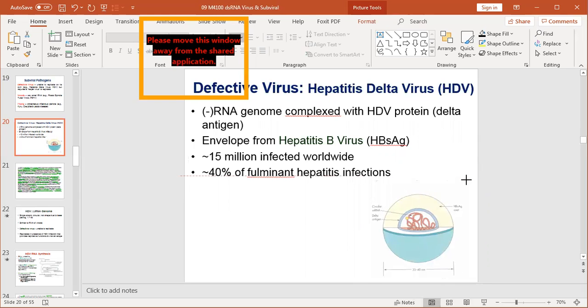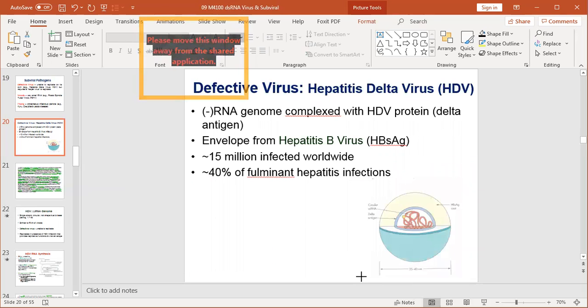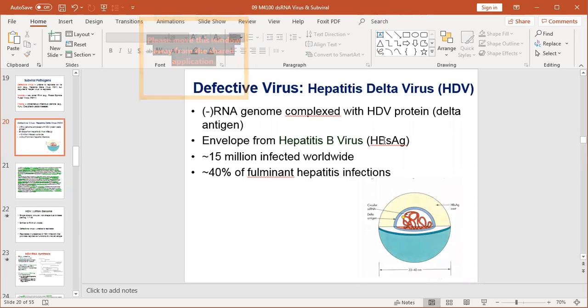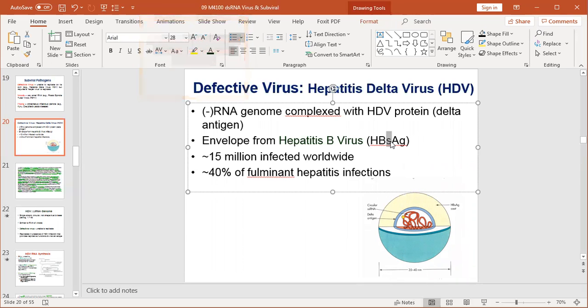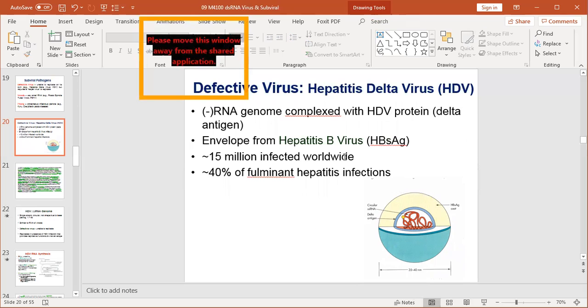The envelope comes from the hepatitis B virus. It is called hepatitis B surface antigen. So it's on the surface, S. And since it comes from hepatitis B, HB, and it's an antigen, it can be recognized by the